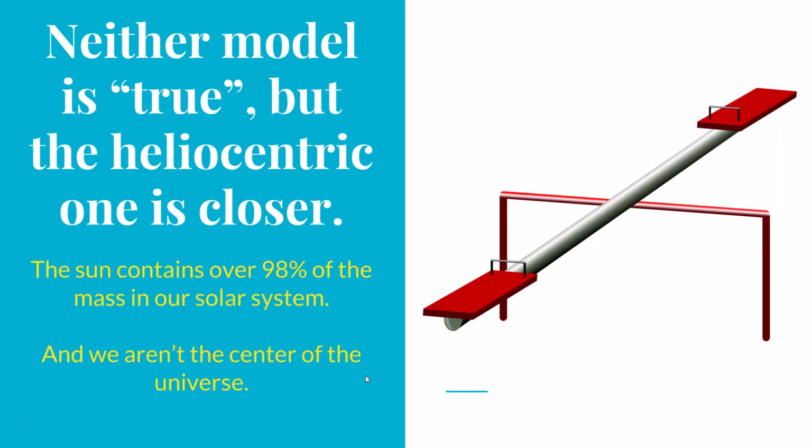So the truth is neither model is 100% true. What actually happens is that objects orbit around the center point of mass. If you've ever taken a plate and tried to balance it on your finger, you go at the center of the plate. But you can imagine that if you put some marbles on that plate and they started rolling around, your finger would stay toward the center, but it wouldn't quite always be at the center because you'd have to account for the marbles rolling around.